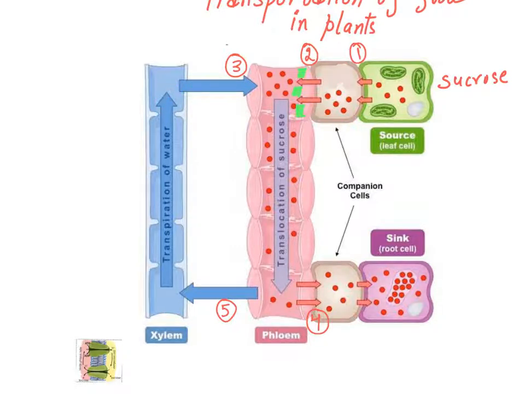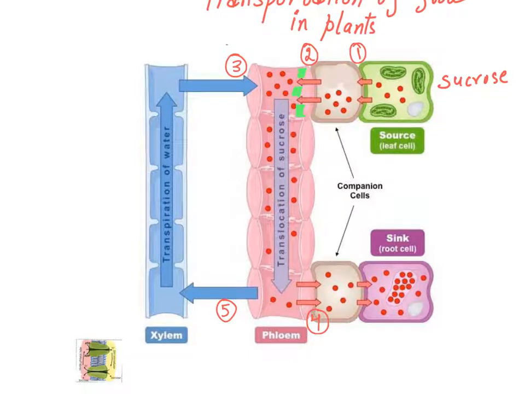Through the process of osmosis, water will move from its higher concentration to its lower concentration. Here water is less because solutes are more. So it will cause osmosis, and water will move from its higher concentration to its lower concentration. With the help of water, the food will be dissolved in water, it will be mixed in water, and it can move in both directions. As we know, movement in phloem is bidirectional. So food will move in phloem in both directions.